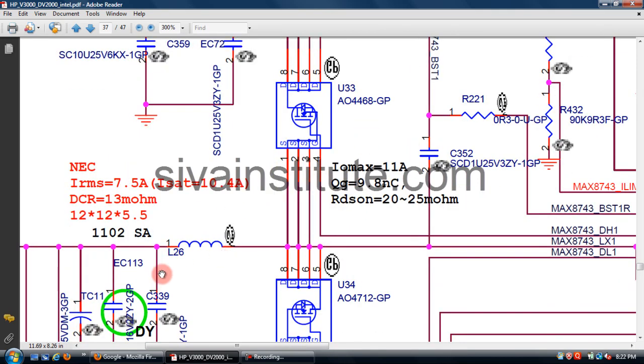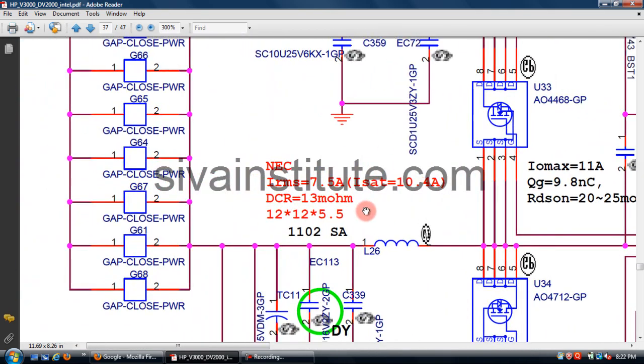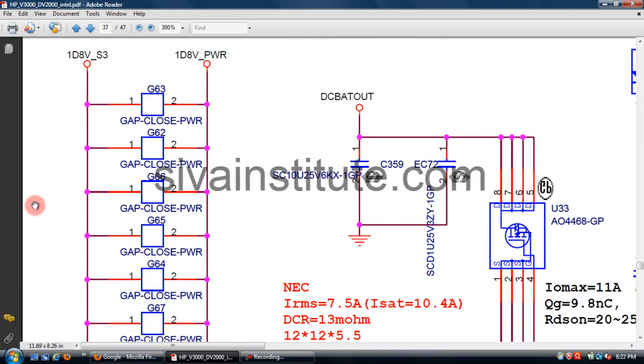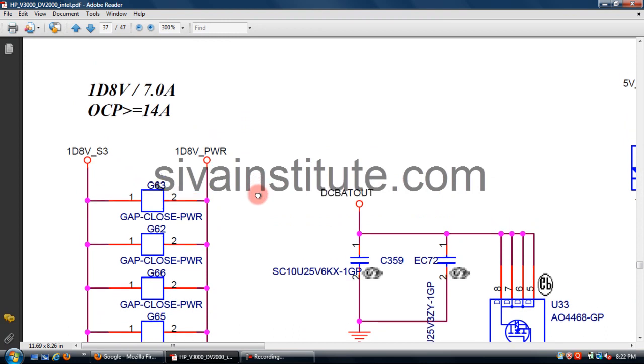This voltage goes through L26. This voltage goes through the gap capacitors. This voltage goes to 1D8 S3. This is the memory supply. This voltage goes to the memory slots and the memory controller, the GMCH memory controller and memory slots. This voltage goes to